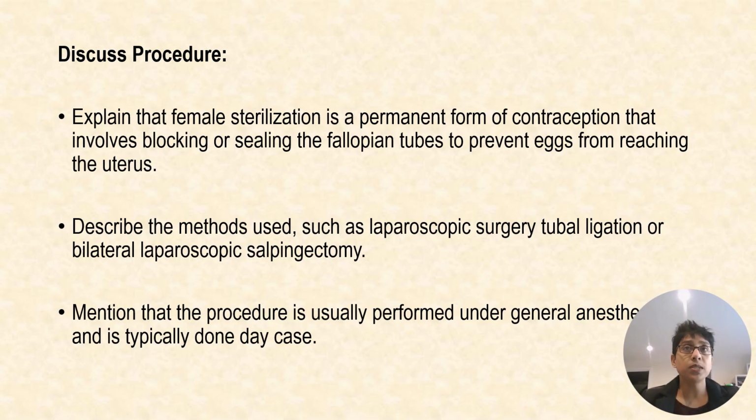The most common procedure that we use in the UK for sterilization is clipping both the tubes using Filshie clips. Bilateral salpingectomy is also an option because we know that many ovarian cancers actually originate from the fallopian tube, and hence that's an option that you give to the patient as well. However, you need to reiterate that it is a slightly extended surgery, and sometimes in the background of gross adhesions and scarring in the pelvis, clipping of the tube is much simpler.